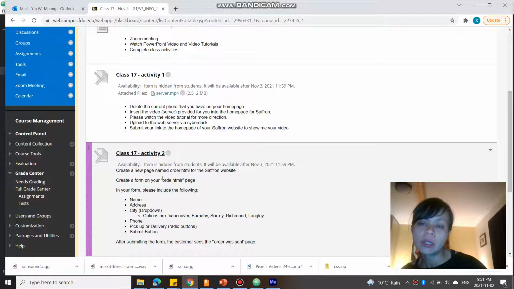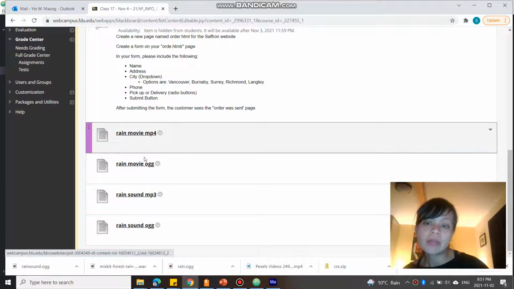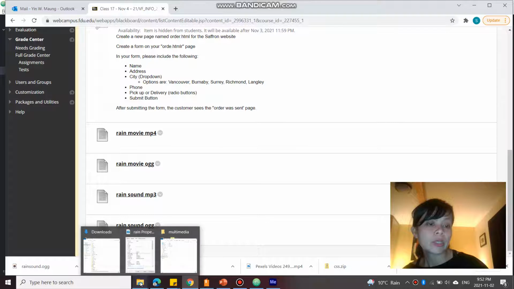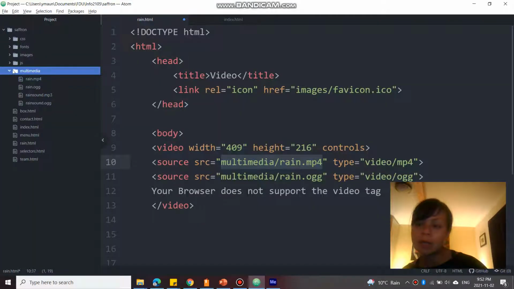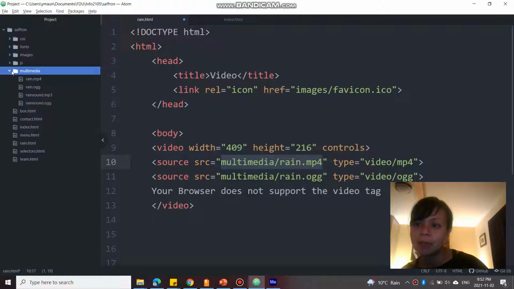You go to your Web Campus course documents, and then you go in here and look for Rain Movie MP4 and Rain Movie OGG, and then you save that in your Saffron folder, and you have to create a new folder called multimedia, no spaces, all lowercase please, and I put that in there. Okay, so now the file path would be